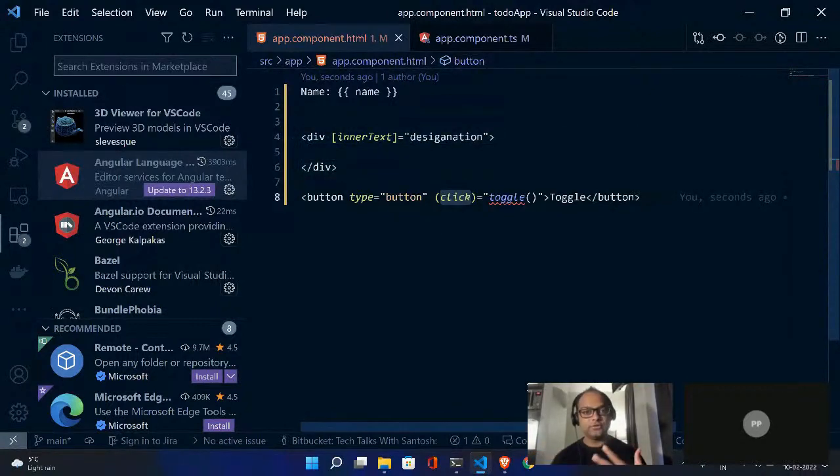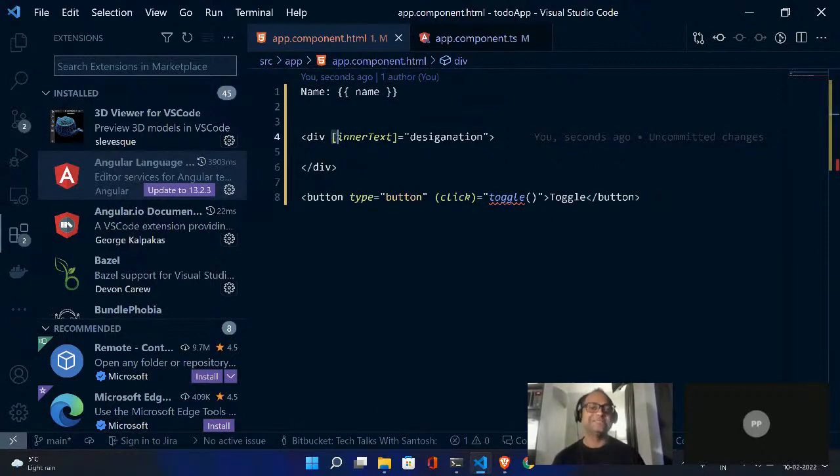Generally, when you write your JavaScript syntax, you say onclick, ondblclick, onchange, onblur. Angular simplifies that by using a syntax. This is known as banana syntax. Remember, this is called box syntax. Whenever we talk about property or property binding, we'll say box syntax.